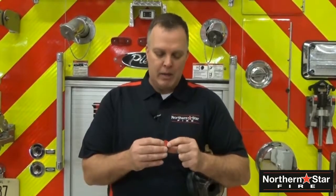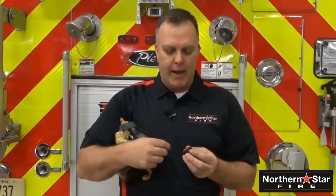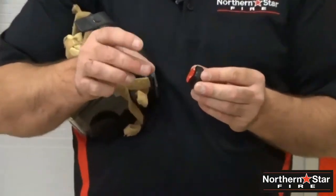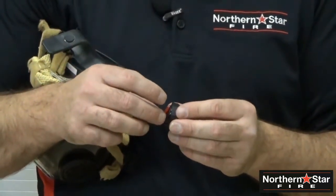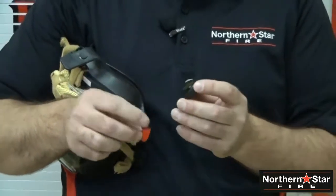It's not a permanent bond, but it is very, very close. So after we've determined where we want to put it in our mask, and we've given it 20 to 30 minutes to set up on the back side of Northern Star, then we have to peel off the opposite side of the tape, which can be a little bit of a bugger. It's like we said, it's very adhesive. So pull that second side off